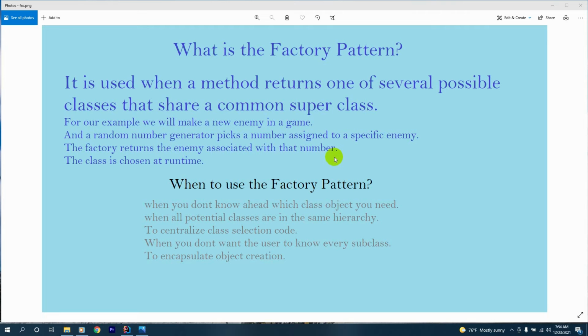What is the factory design pattern? It is used when a method returns one of several possible classes that share a common superclass. For our example, we will make a new enemy in a game, and a random number generator picks a number assigned to a specific enemy, and the factory returns the enemy associated with the number, and the class is chosen